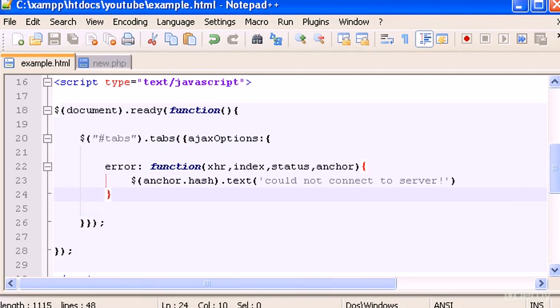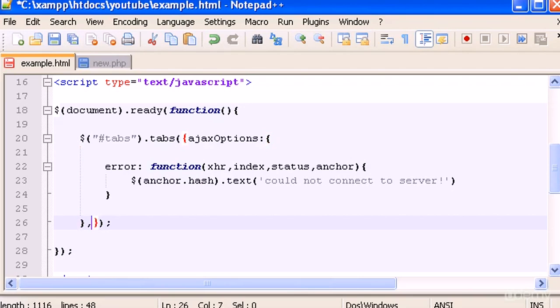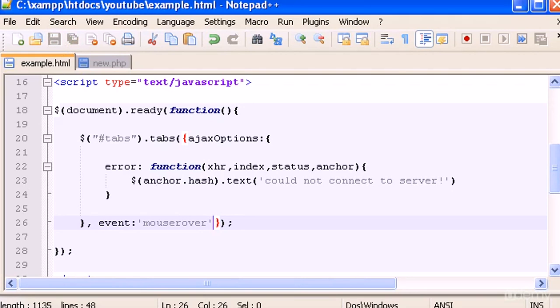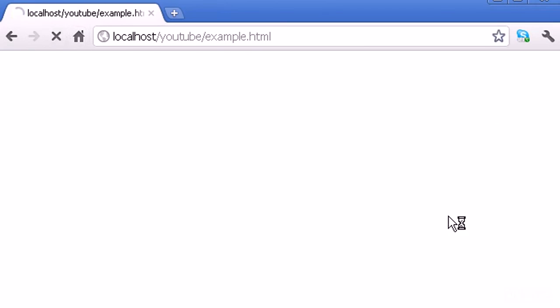So we have this closing, and this closing. Yeah, that's it. So in here we type comma, event, and mouseover. And of course we have to put this between quotes. Okay, and just save that, go back, refresh, and if